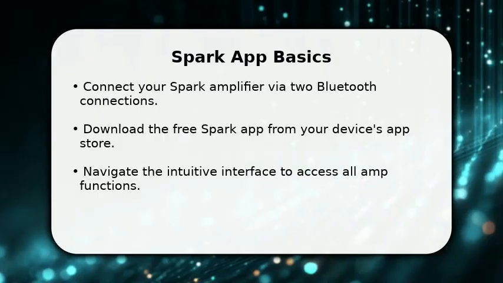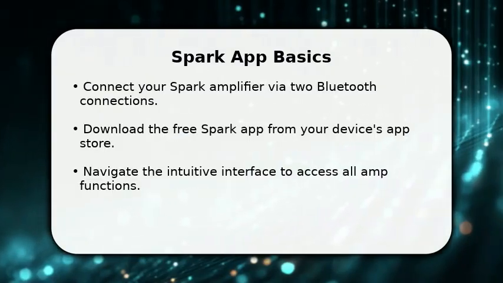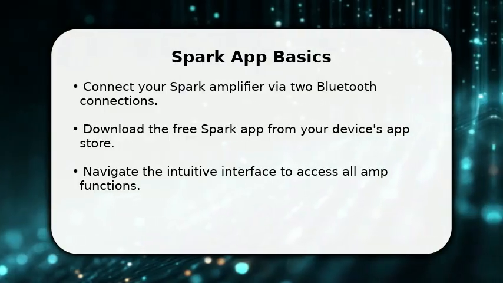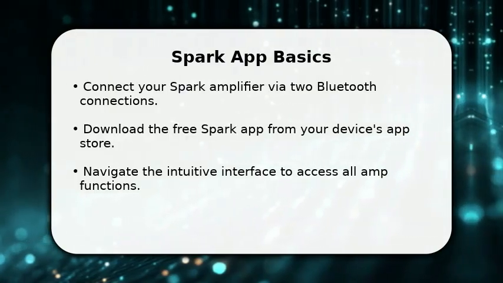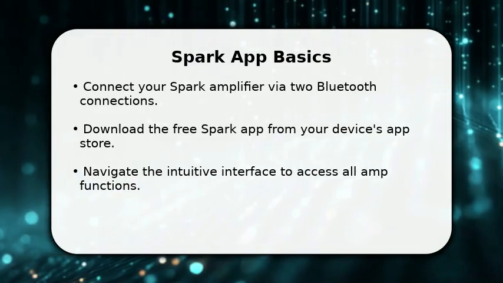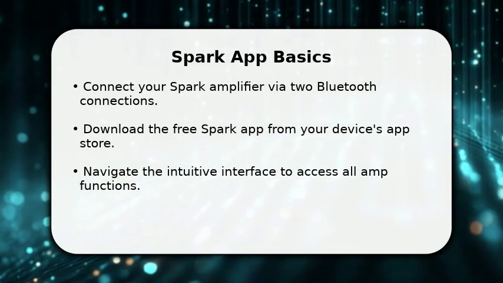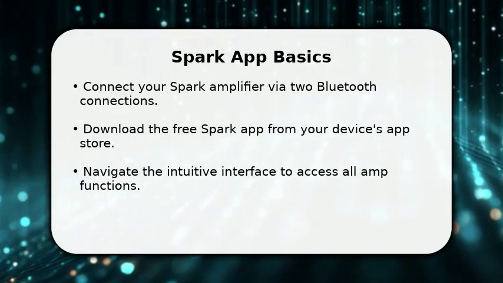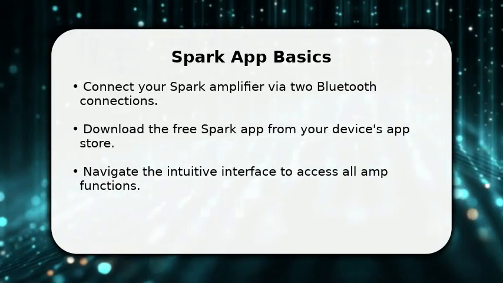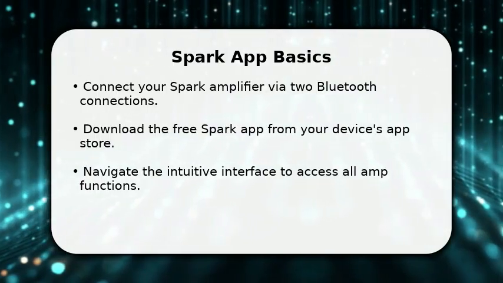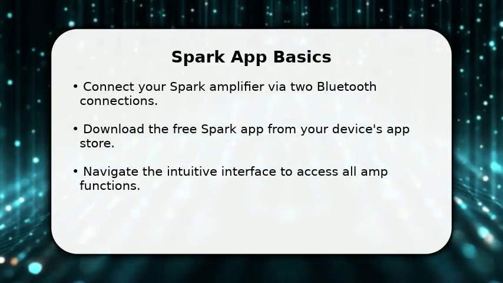In this video, I will explain how to use the Positive Grid Spark app. First, download the free Spark app from your device's app store. Then, connect your Spark amplifier using two separate Bluetooth connections, one for app control and another for audio streaming. Once connected, you can easily navigate the intuitive interface to access and adjust all your amplifier and effect settings directly